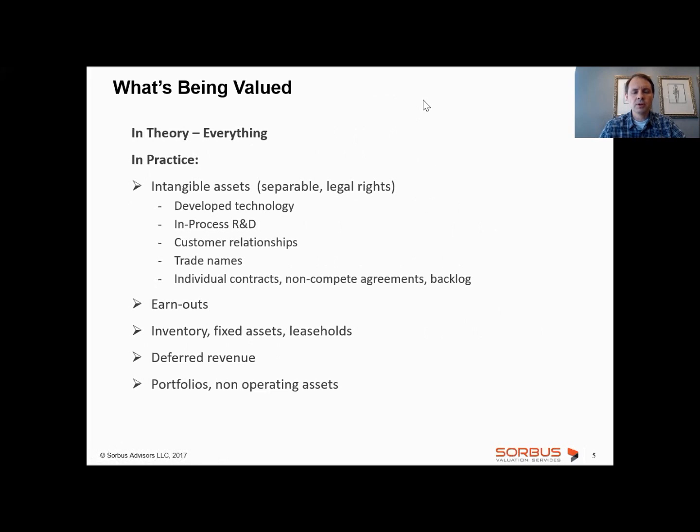Now, I'll open up a polling question real quick here, and this question is about who cannot perform the fair value analysis for those purposes. All right, getting some answers in. Interesting. So again, great. Audit firm is the entity that cannot perform this analysis for their audit clients, I have to mention.